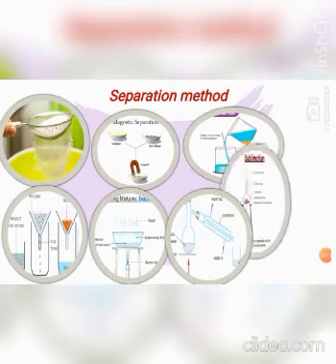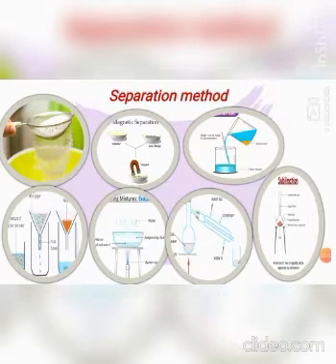The next method is sublimation. In this method, a solid is converted into vapor. Here ammonium chloride is heated and a funnel is inverted, with cotton kept at the top of the funnel. When it is heated, the ammonium chloride sublimates and the salt remains in the dish. So these are a few separating methods for mixtures. This is what we learnt in our last video session.